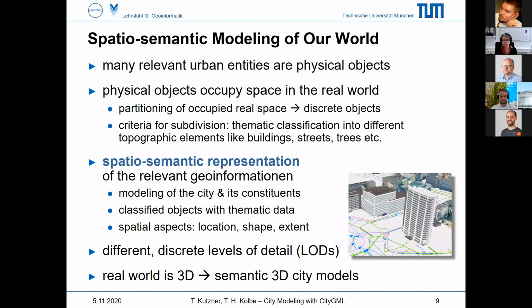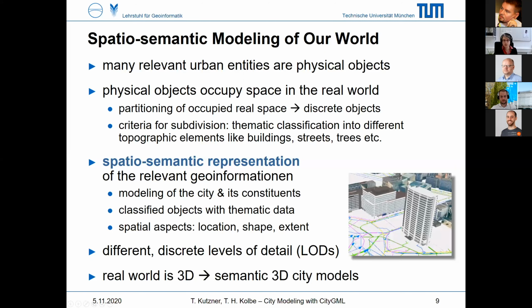In our urban cities, we have many physical objects, and these physical objects occupy space in our real world. Then we have to look at how we can partition this real space into discrete objects. So we have to decide what kind of criteria we can apply for such a partitioning. And the most obvious would be to